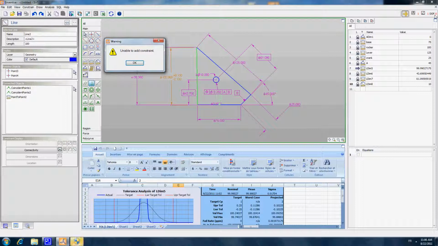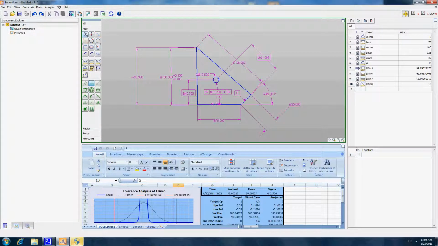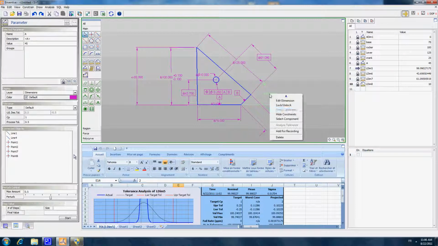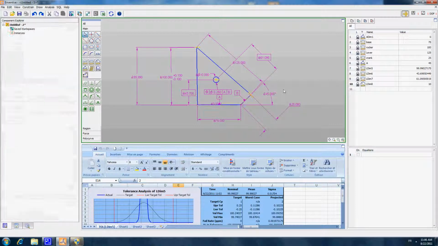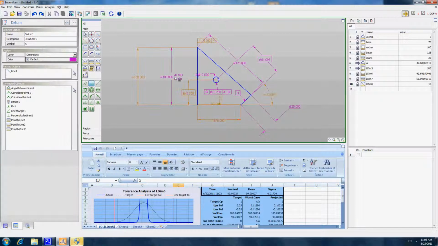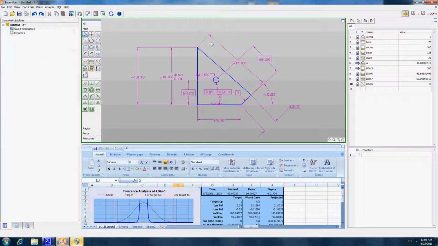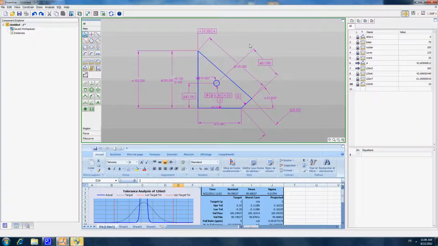So to be able to create this perpendicularity tolerance, we need to unlock something. We need to unlock here, for example, the angle of 45. So this creates 1 degree of freedom, and then we can create the perpendicularity tolerance between A and this face. So the ability to prevent redundant tolerancing is very important in Inventive.